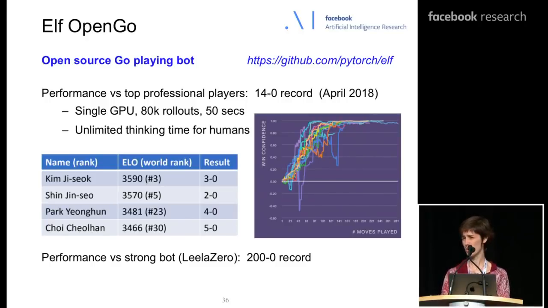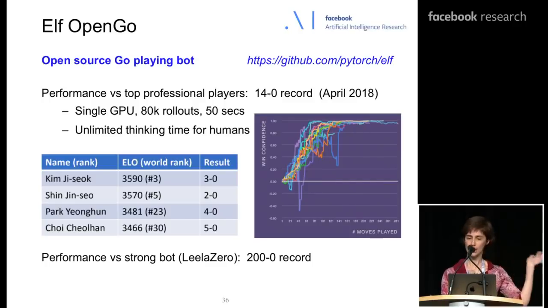In all of those games, we actually ran the pre-trained models on a single GPU. Again, thinking of how we build tools that are reusable by people, that a Go player can afford and probably run. 80K rollouts running on that GPU, about 50 seconds per move for the bot. And so it's actually quite scalable. It's the kind of architecture, infrastructure, that most of us have access to. We were quite pleased with the performance of the bot, I think, internally. I think the Go players were promised a sufficient amount of money that they were motivated to win against the bot. It also has good performance against some of the other online bots, such as Leela Zero.